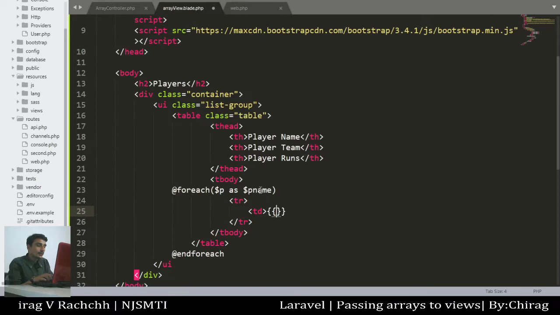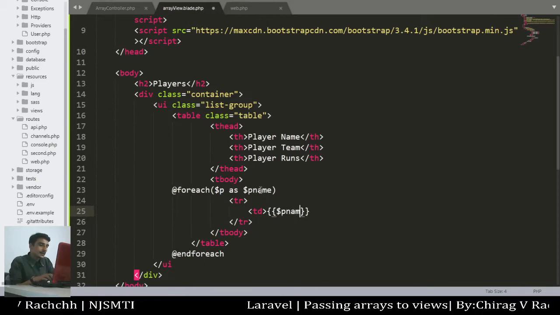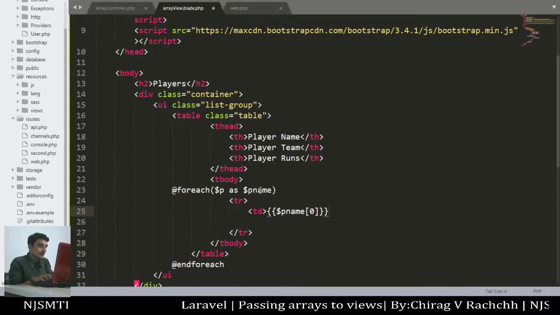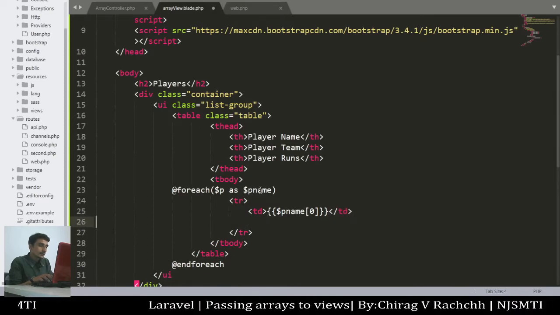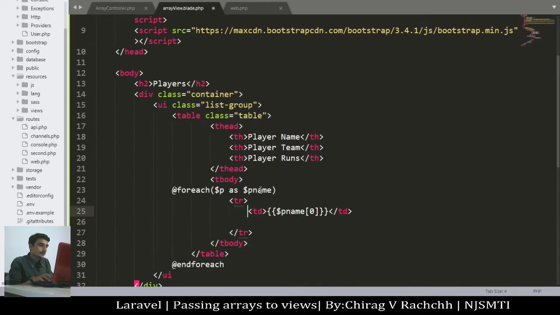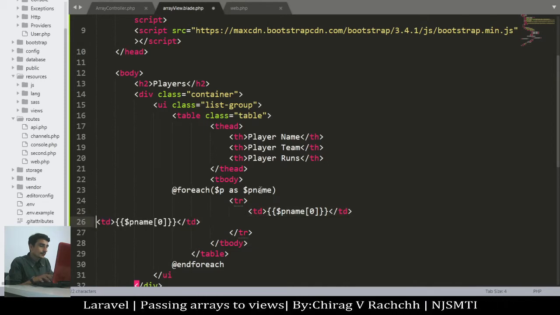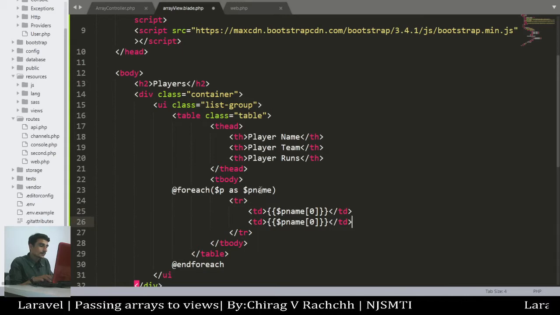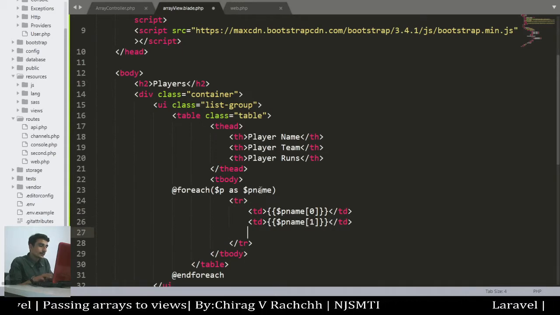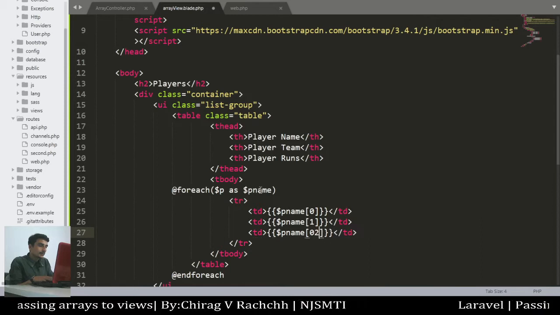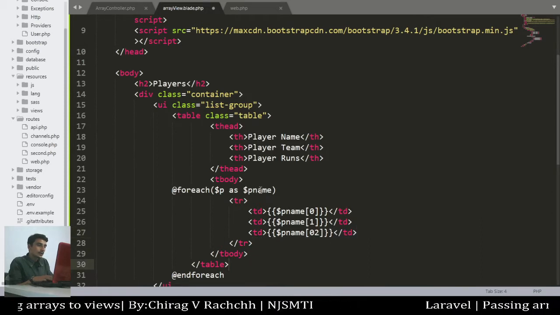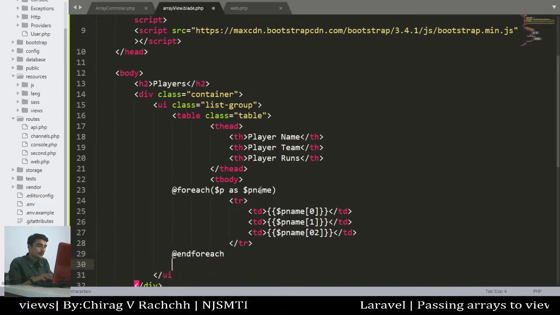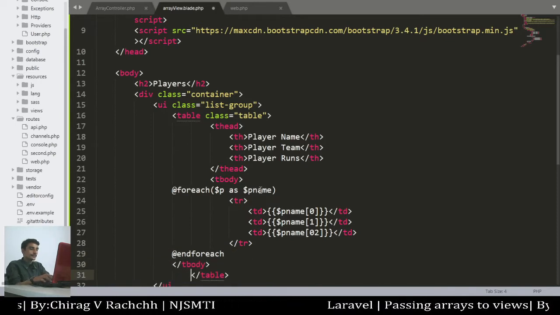Now we will put the dynamic element from the array, that is p_name of 0, then close it, then p_name of 1, and again p_name of 2, row over, and body should be closed, and the table should be closed after the for loop completes.